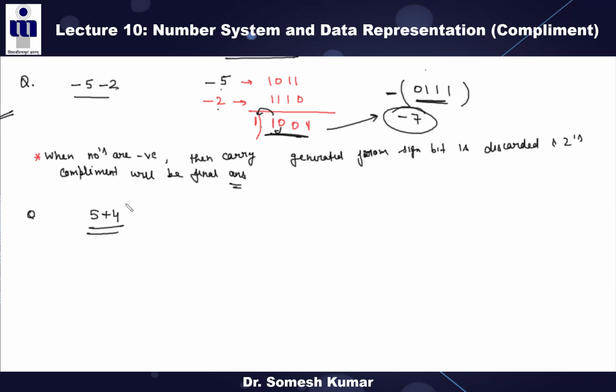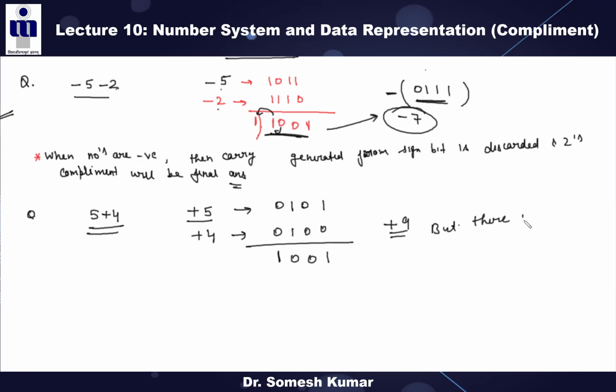So now first convert this plus 5 to binary. From this binary, maybe you will be able to understand. It's more clarified, right? So plus 5 is 0 1 0 1, and plus 4 is 0 1 0 0, right? So what is the sum? 1, 0, 0, 1, right? Now tell me, is there an overflow or not? There is an overflow, right? So in that case, the answer is plus 9, but there is an overflow.